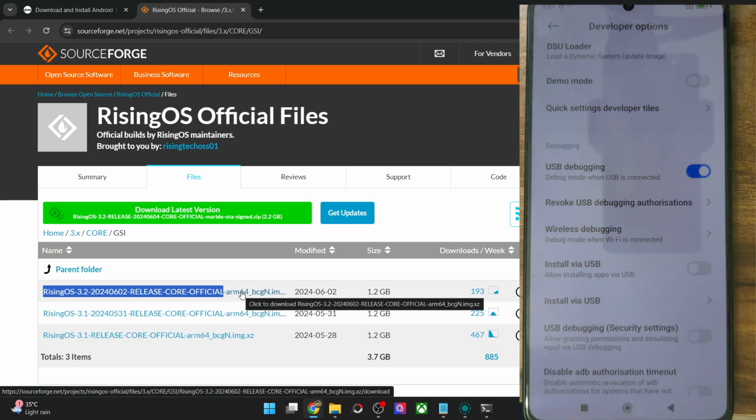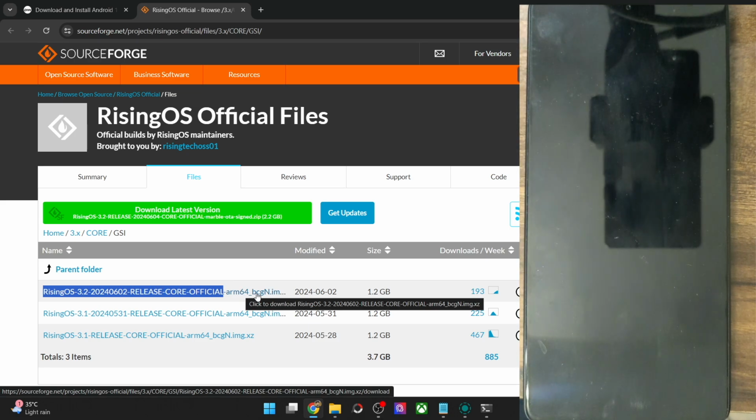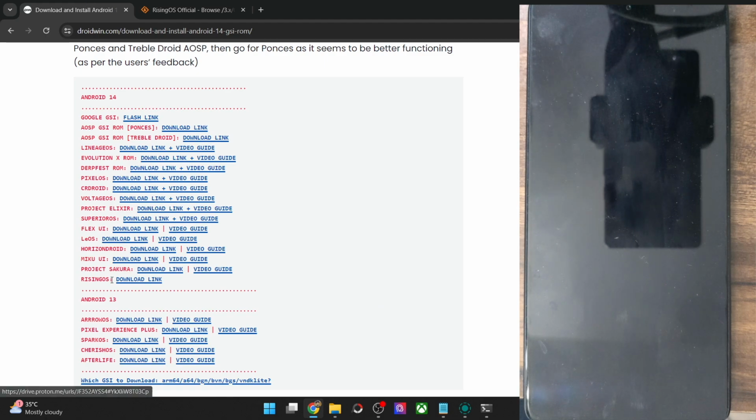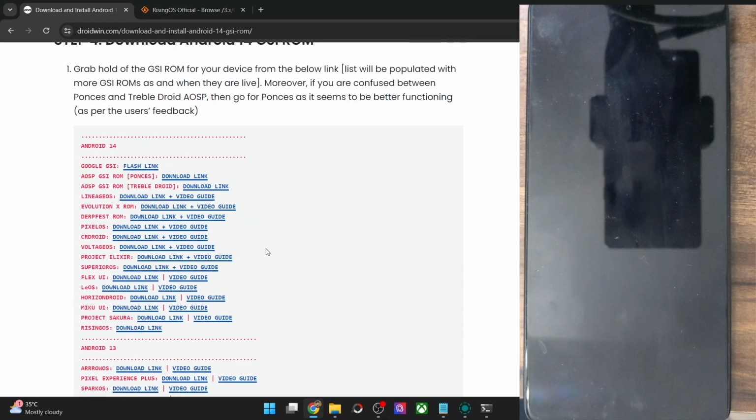Then you usually have the G keyword, wherein G stands for Google Apps. So it has the G apps inbuilt. Finally, we have the N keyword, whereas N is for non-super user. So the GSI ROM is not rooted. But in this case, you could see that there is also a C keyword. So C simply stands for Core G apps. So it has just the Core G apps variant. And by Core G apps, we mean the following. So let me just show you, just a minute.